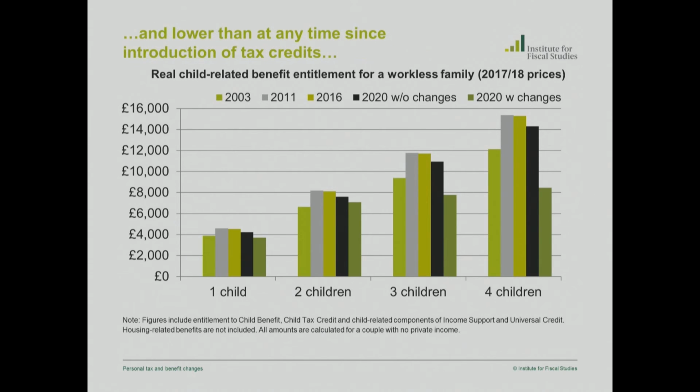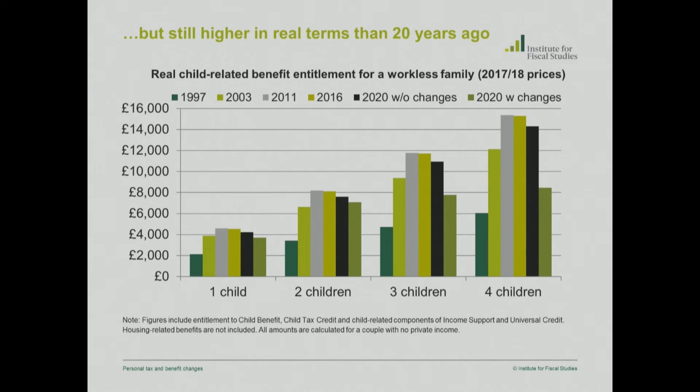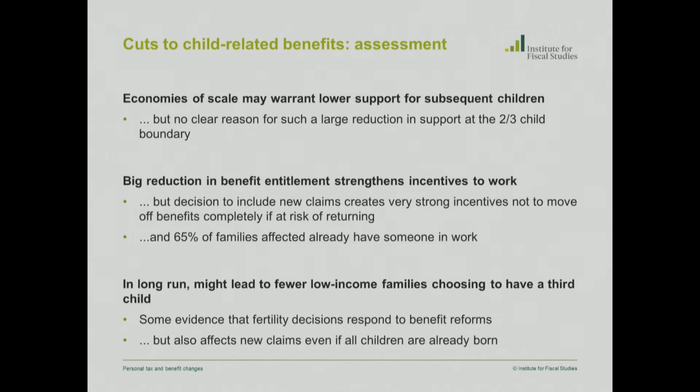So what can we say about this? Well, it does seem reasonable to think there might be some economies of scale within households, and so you might want to provide less support for 3rd and 4th children than 1st and 2nd children, say. But it's not clear why you'd want there to be a cliff edge, this very sharp reduction in support where you get the full amount for the 2nd child and then nothing at all for the 3rd and later children. Obviously, big reductions in benefit entitlements do strengthen the incentives for people to be in work, but the